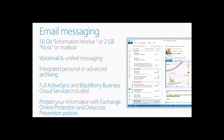Now, the advanced archive is really what is powering the in-place hold functionality within the Office 365 service. So this is an unlimited archive on top of the 50 gigabyte mailbox. If you turn on in-place hold in the mailbox, any mail that is purged from deleted items or is changed and then forwarded to another party within your organization, that information will be kept within a secret folder within that unlimited archive. And the other thing this powers is the ability to place a mailbox on in-place hold and then